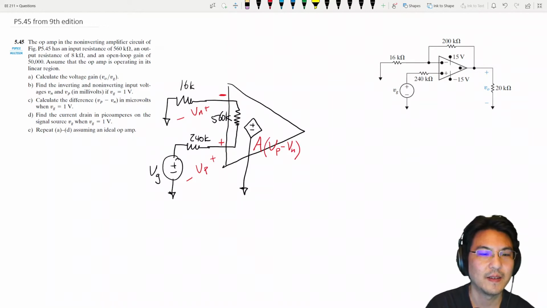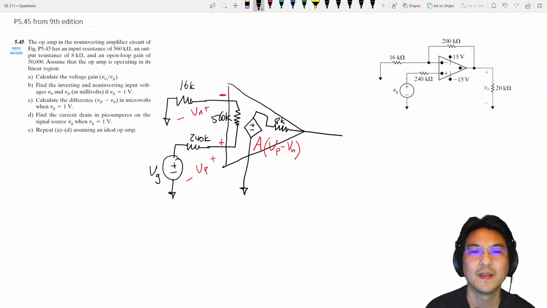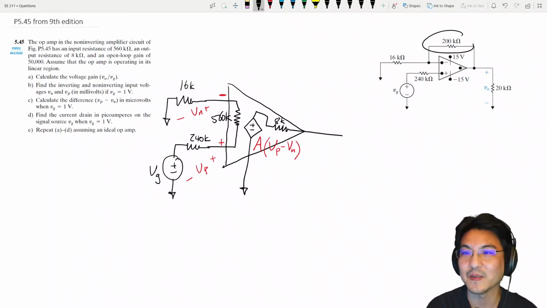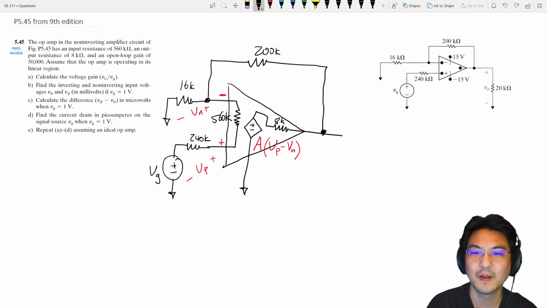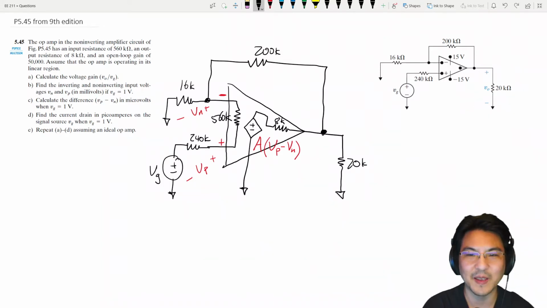Okay. And then that goes like this out. And this is the output resistance, which is 8K. 8K right there. Okay, and then the rest of the circuit, there's this 200K feedback resistor this way. And this output resistance here, or the load, sorry. Load resistor. Okay, and that's where we're trying to find the output over here. Okay, so